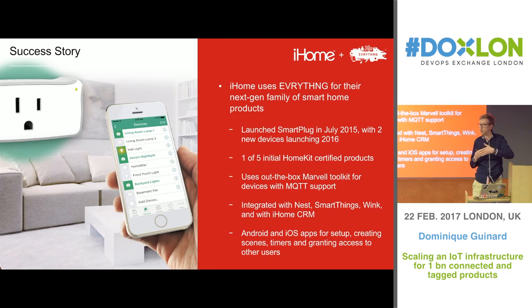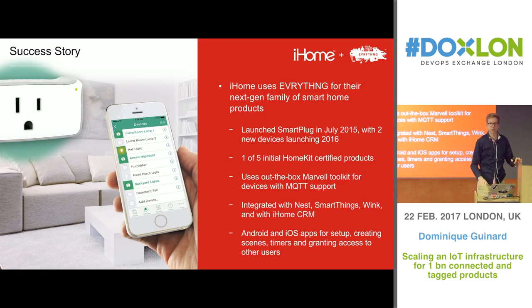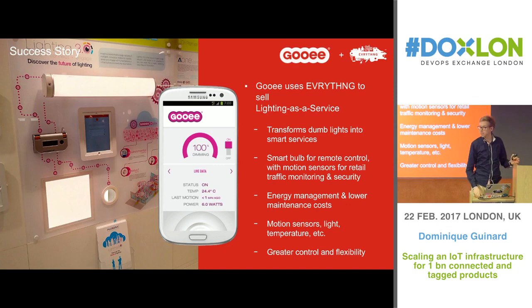And then we convert MQTT into WebSockets so that applications can talk only web to the backend and to the devices. They do not need to know any other protocols. GUI is another example. That's lighting as a service, so that's about turning LEDs on and off. But it's actually very smart. It's filled with sensors. Because the lights had to remain very cheap, they don't have direct Wi-Fi connectivity on the lights. That would also be a problem when you deploy 50,000 lights in a building. So they use Bluetooth, and then we have a gateway, and this gateway converts Bluetooth into web, both locally and remotely.